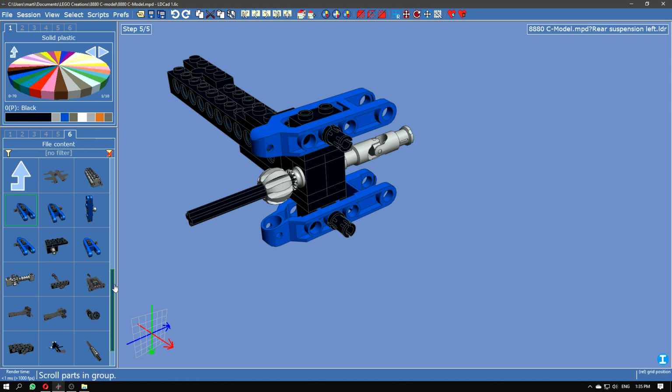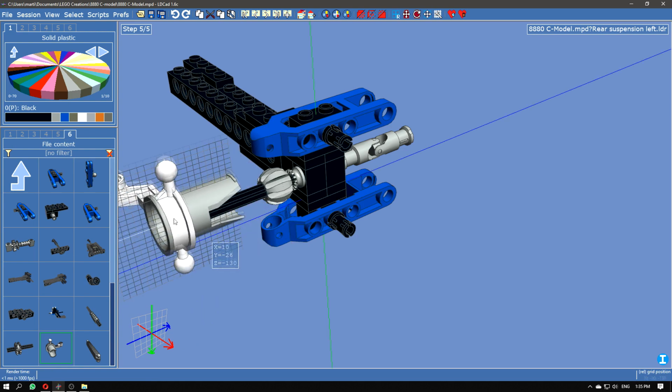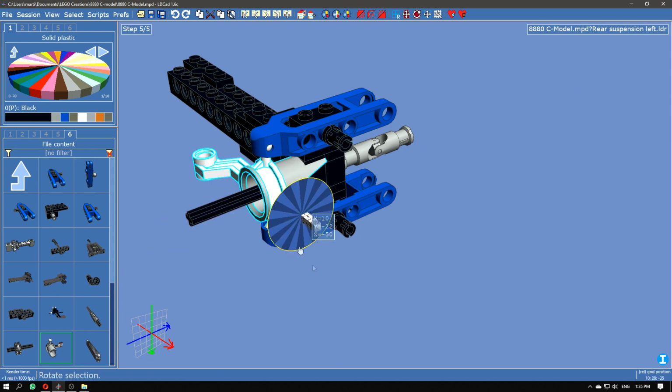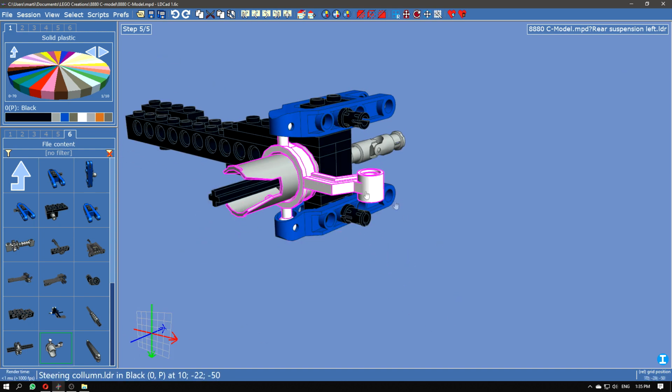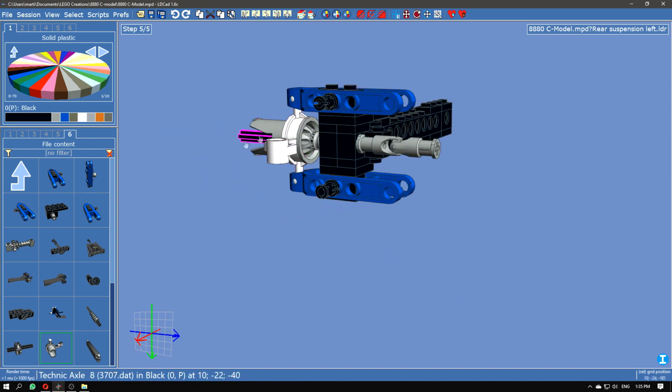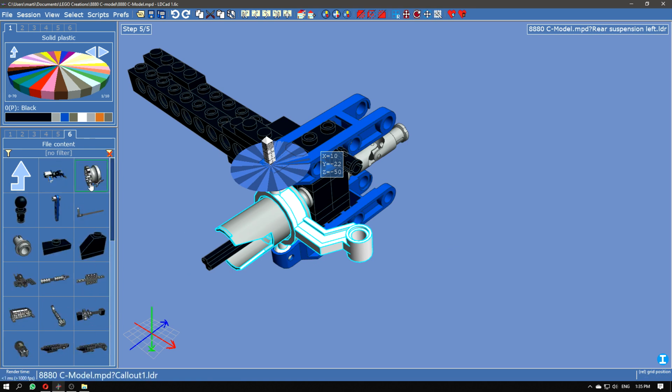Now another one I want to mention quickly is the wheel hub. In this model I've only made this once, and I can just duplicate it for all the wheels as it is exactly the same. So sometimes it's useful to just model a single subfile once and then reuse it over and over again, just like I did with actually the dumbest subfile you can make probably, but the most useful